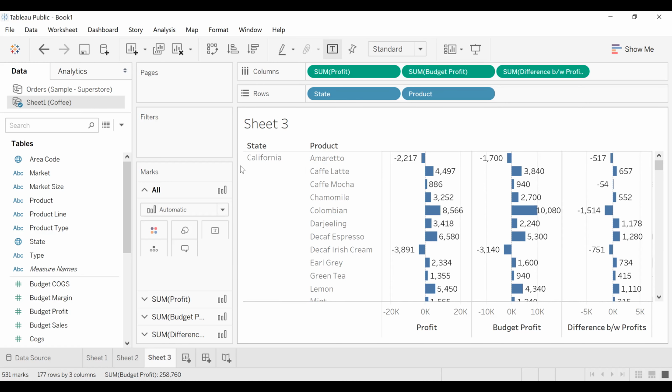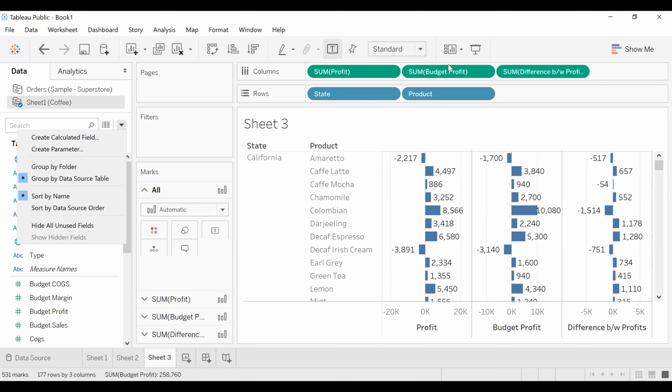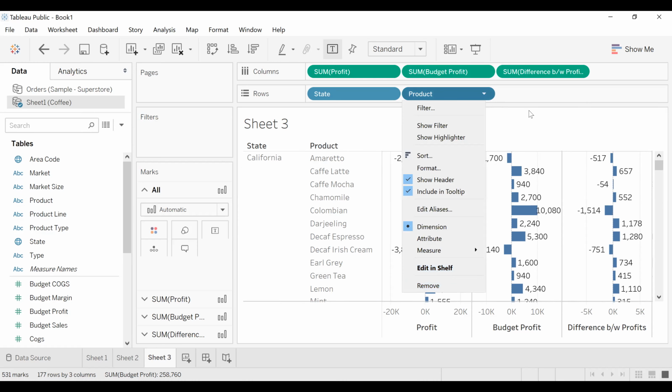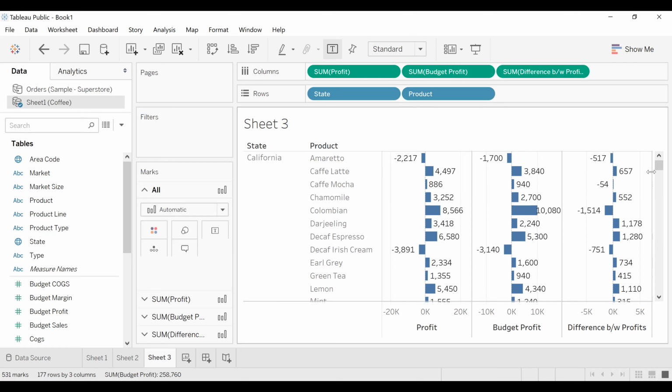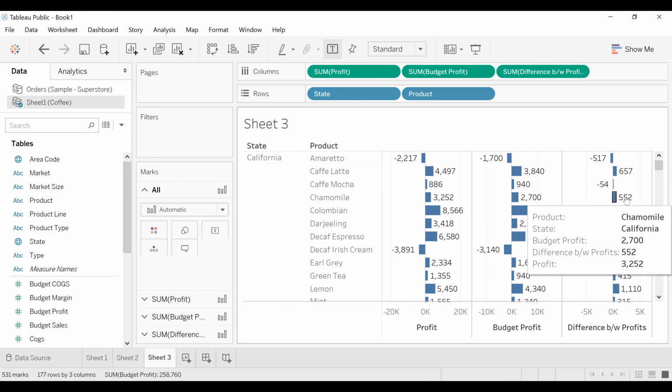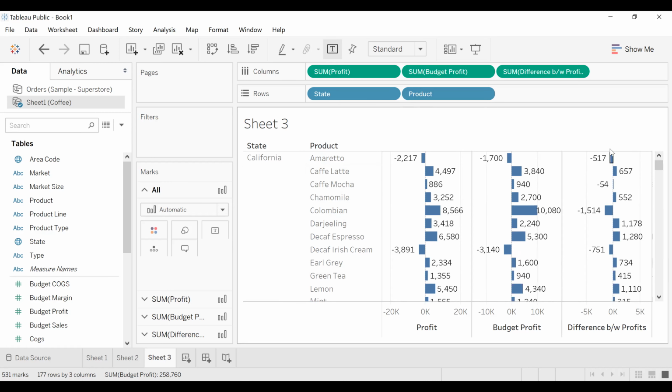So what I have to do next is again create a LOD expression, including the product. So from here, I will remove the product. But you understand, right? How I got 8 by 12? So 8 is the total number of products which are positive, meeting above target, divided by the total number of products, which is 12, for that particular California we have done. So it is 8 by 12.